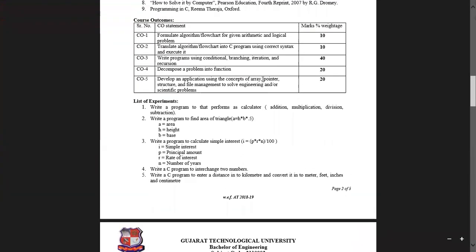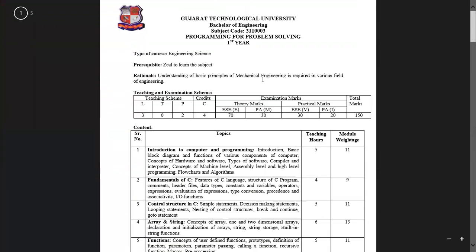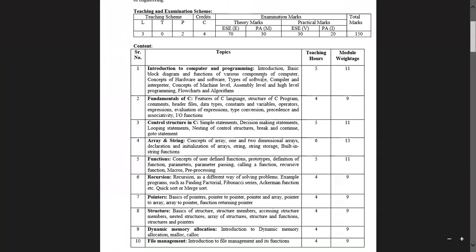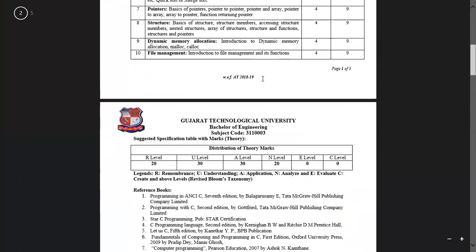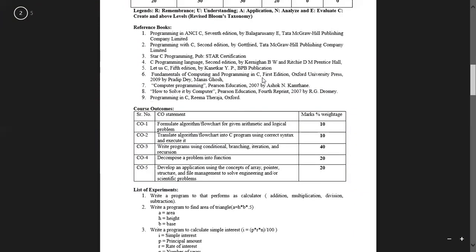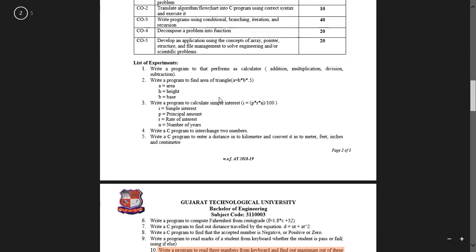So the subject PPS is Programming for Problem Solving. And in the lab sessions, we are going to perform the list of experiments provided by the GTU syllabus. So in every lab, we'll be performing